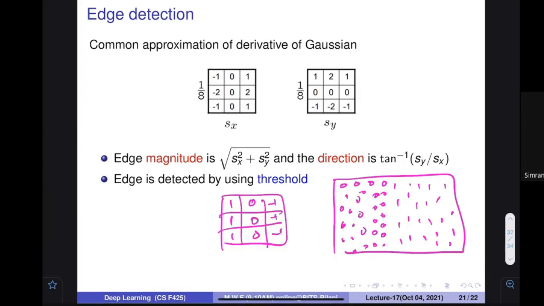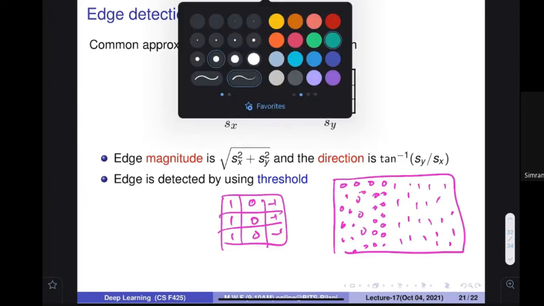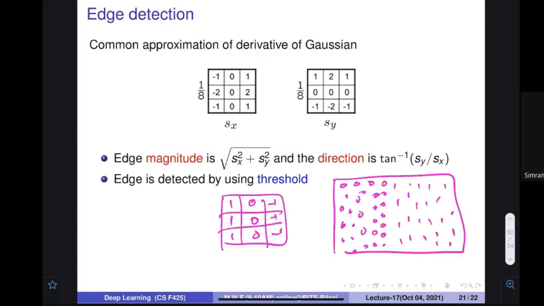Now just assume what would happen. Let me change the pen color. Okay. If I put it here, what would happen? These values are multiplied by 0, no effect. These values are multiplied by 1, no effect. All these are 0, multiplied by -1, all 0. So the value would be 0. Everywhere there would be 0. If I put it here, these values are multiplied by 1, they are -1. The summation is the same, and multiplied by 0. Again, it is 0 everywhere. So all these values become 0.